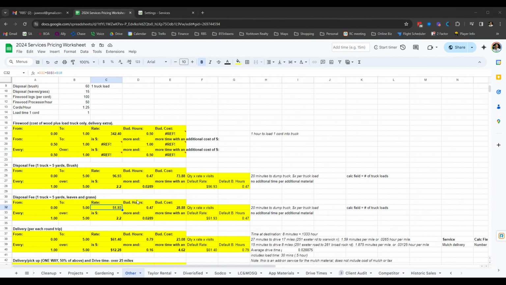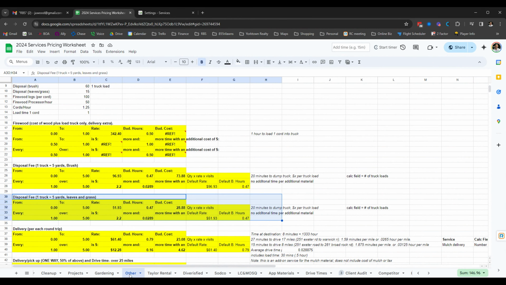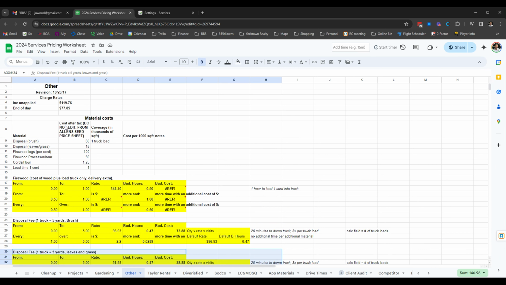Today I'm going to be going through how we calculate our disposal fee on our pricing worksheet. So just to give you a brief introduction to this pricing worksheet, we have our charge rates listed here, and this is all based on our overhead cost, our labor per hour, etc. This is pulling from our other fields, but you can check out our pricing worksheet videos to see how we